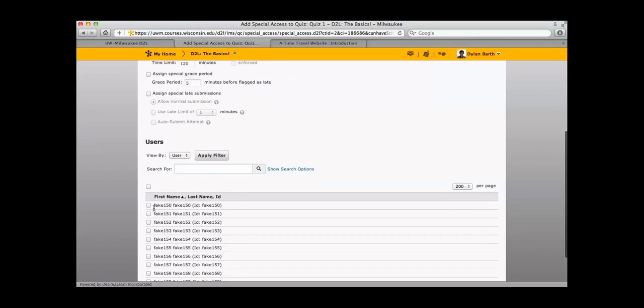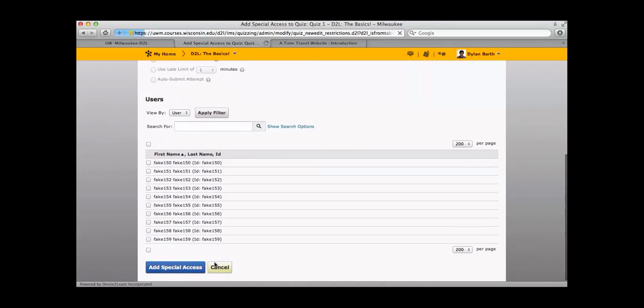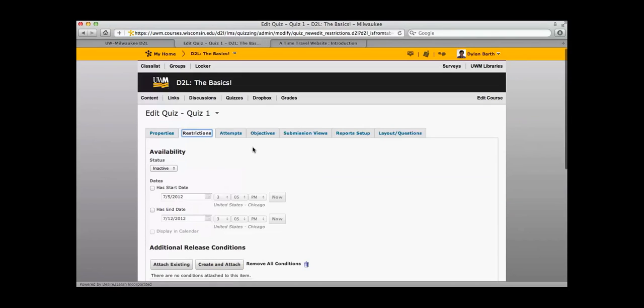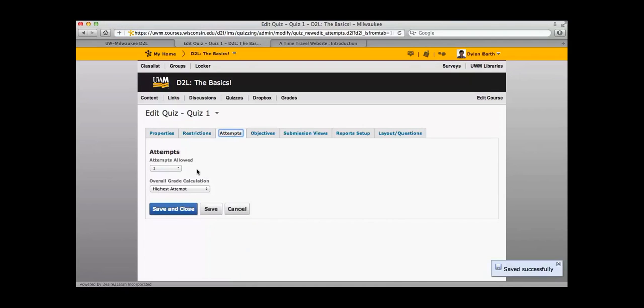Now let's move over to the Attempts tab. Under Attempts Allowed, you can choose anywhere from 1 to 10 or unlimited. Under Overall Grade Calculation, you can also choose to keep the highest attempt, the lowest attempt for whatever reason, average of all attempts, the first attempt, or the last attempt. If you have more than one attempt, and then click Save,